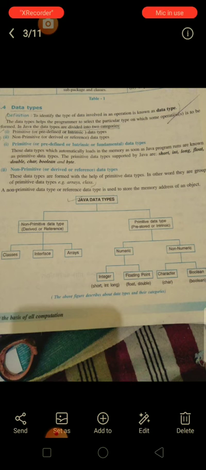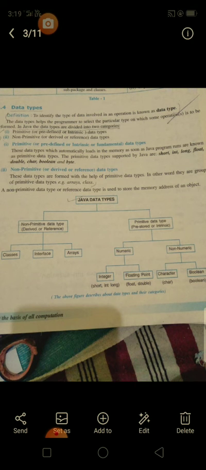They are further categorized as byte, used to store integers up to 8 bits. Short, a small range of integers up to 16 bits. Int, used for storing integers up to 32 bits. And long, used for storing large integers up to 64 bits.